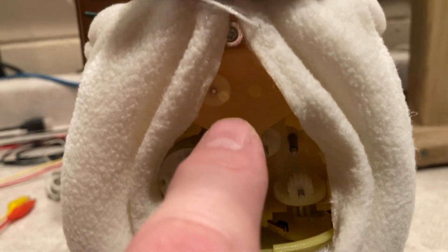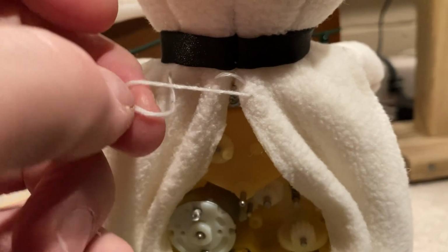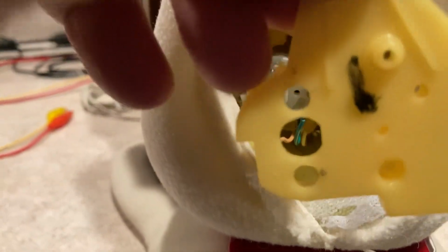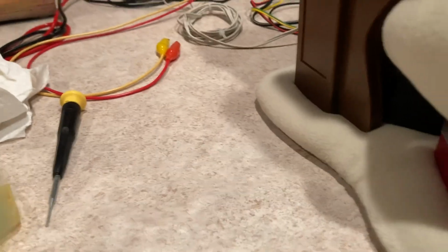He was completely non-existent, didn't move. So I took a seam ripper, ripped up the back here, undid this thread that holds him together right here. I undid all that and then took this motor cover off once I got here. Actually, I'll tell you what, there's another cover besides that. This cover